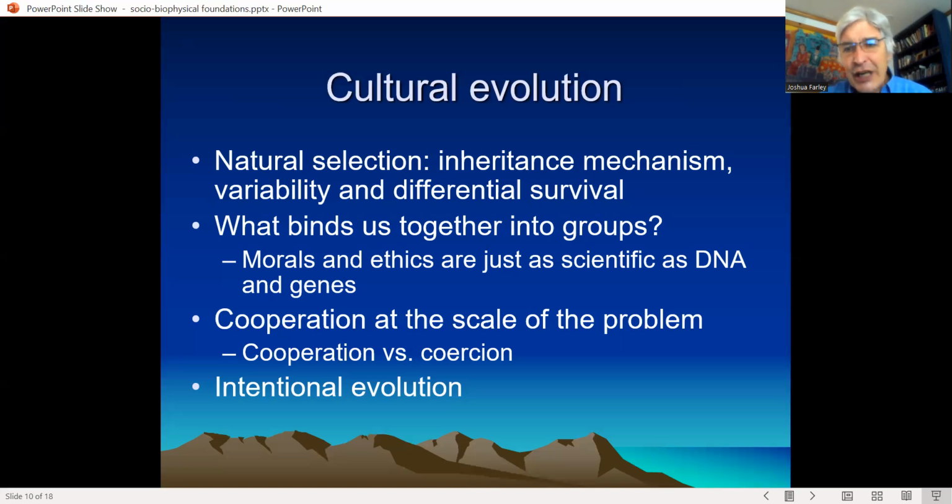I am trying to change cultural institutions to achieve these goals of social justice and sustainability, which also fundamentally means trying to change our moral and ethical values to redefine the group as not just humanity. I want to redefine the group that we should be cooperating with as all of humanity, but also recognizing that